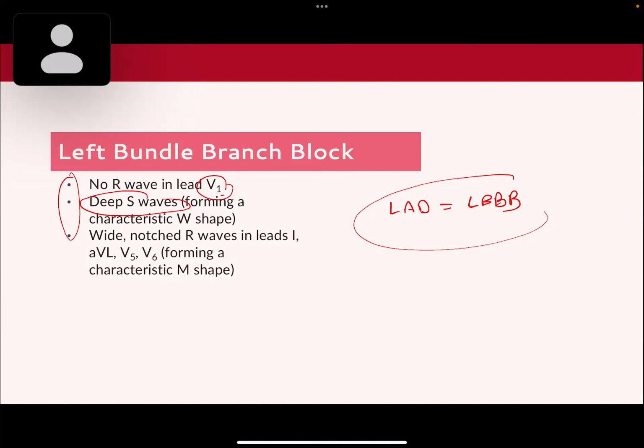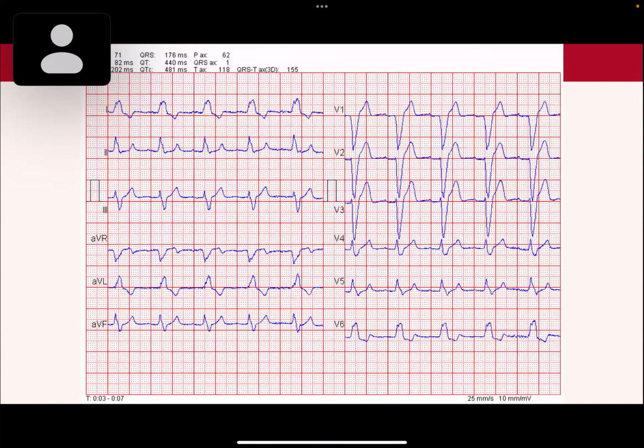If you look at this ECG and you look at lead V1, they said that there are no R waves. So this is actually an S wave, followed by a T wave, and there are no R waves. The next thing they said is that you have deep S waves, which we can see right here, very deep S waves and no R waves. And the third thing they said is that you're going to have some wide